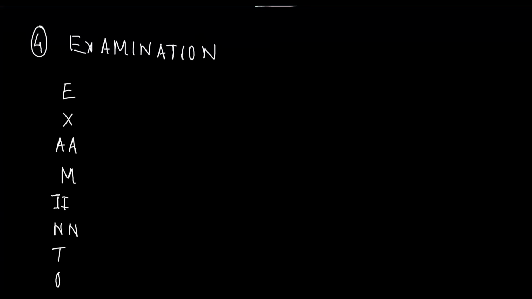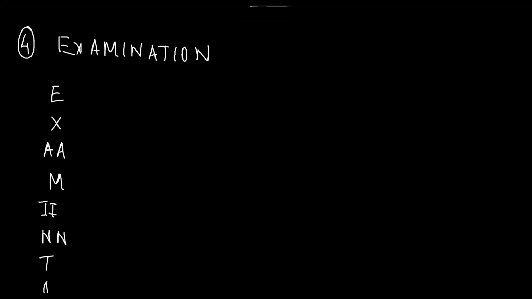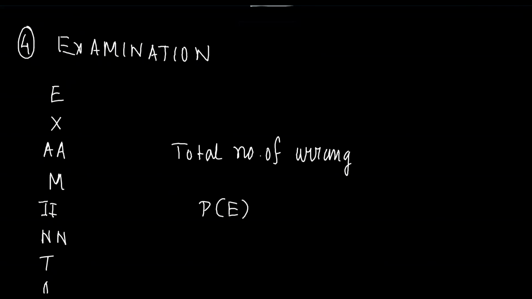So if we want to arrange in a simple way, that is total number of arrangements we at first write, that is total number of arrangements, we have to find a probability. So we know that probability means what, that is, if we want to write the event, that is the M is in that fourth place, so we write that let the event be E where the M is at fourth place. So P will be NE by NS, we know, where NS is the total number of arrangements. So at first we find what the total number of arrangements will be.